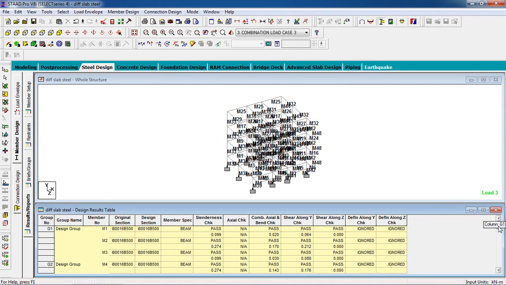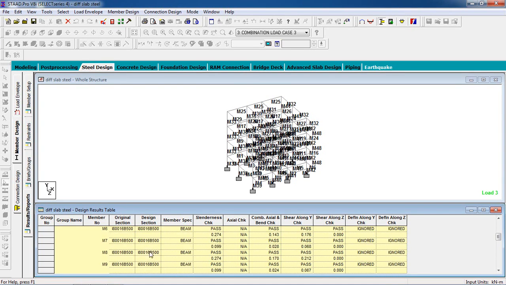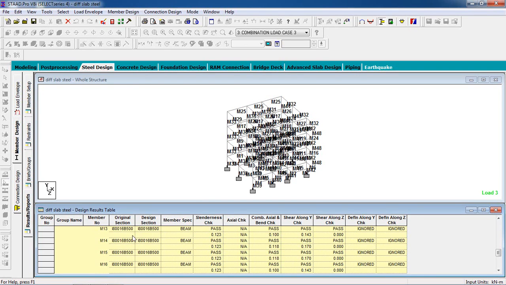Okay, now see here, this is the original section and design section. Original section and design section are all the same. Now this passes, the member which I have selected passes the loads.